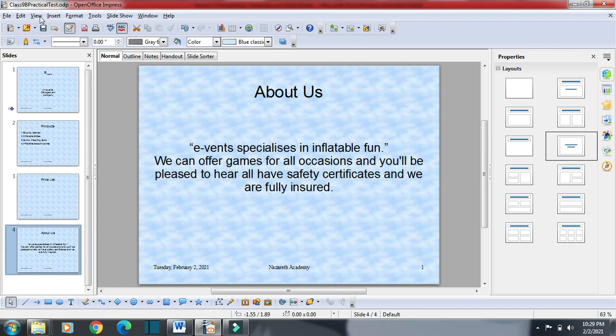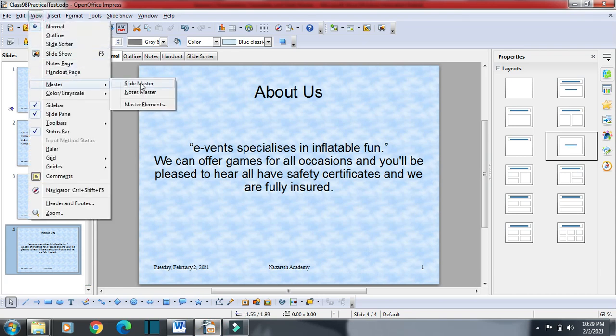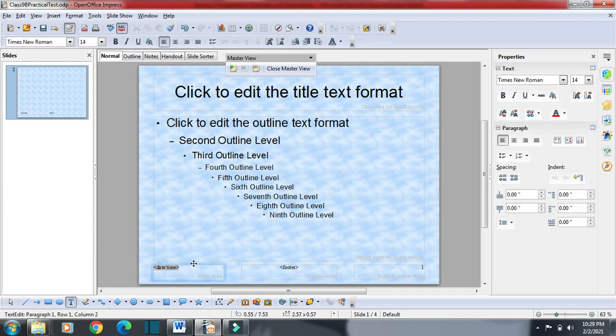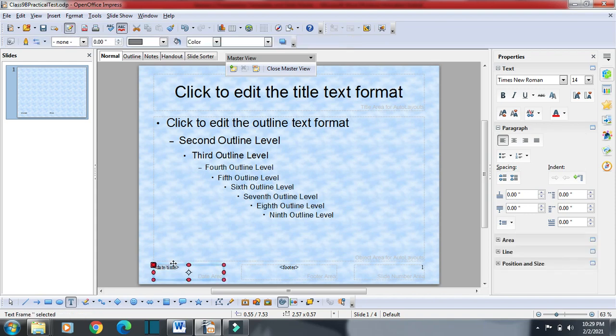Again we will click on view, then master, then slide master, and from here we have the options. Suppose I want to change the place of this, so I will just drag it and I can place it here also. It will be shown here now. Okay, so I can take it to any other place also.